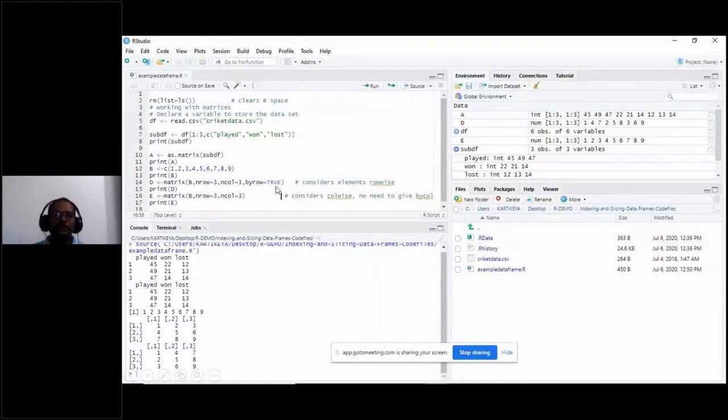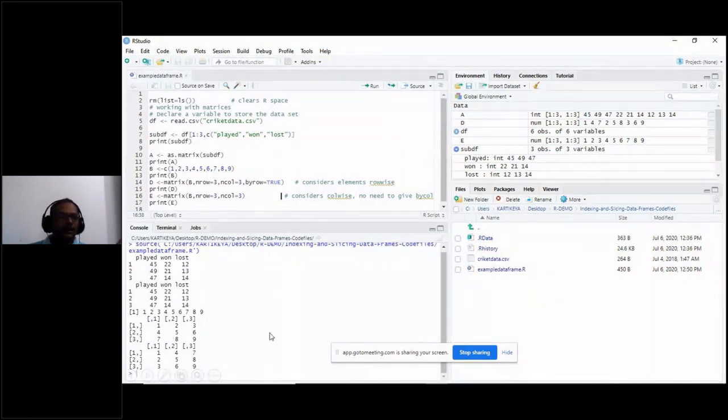If you write like this, it will create the matrix by reading the elements row wise. When you display the matrix D, I have assigned this converted vector as D. When it is displayed, it will read the values 1 2 3 4 5 6 7 8 9: the first three values as the first row, the next three values as the next row.